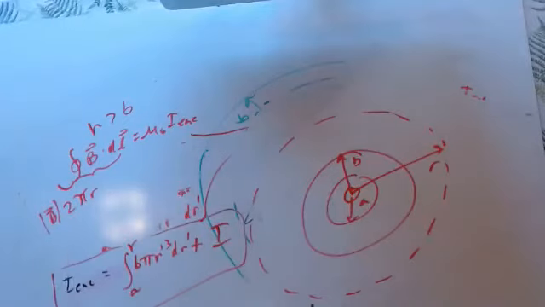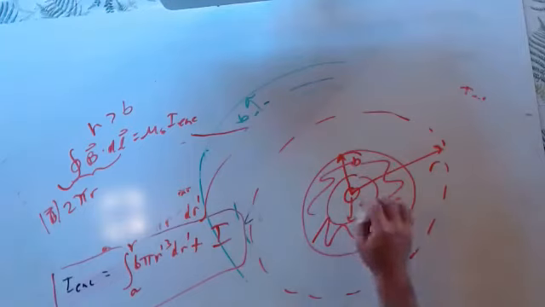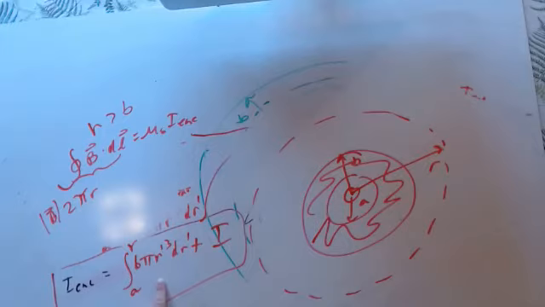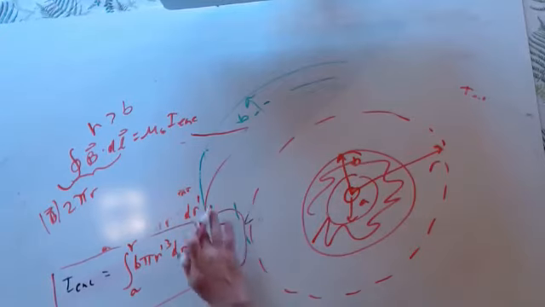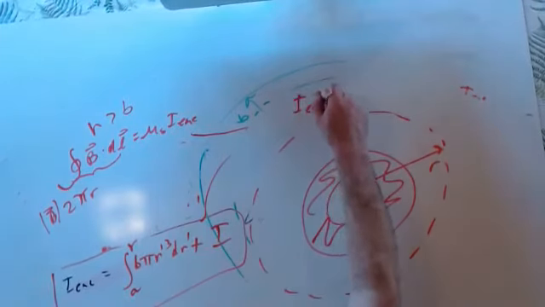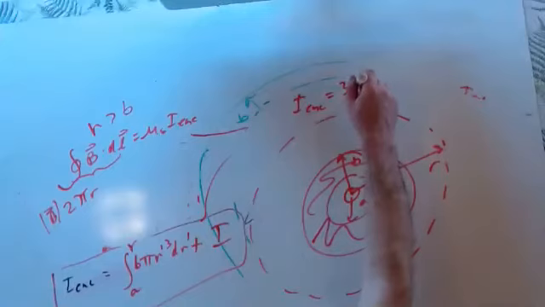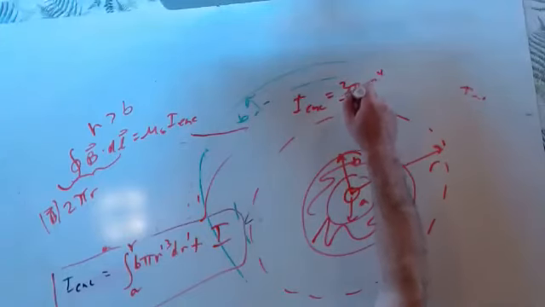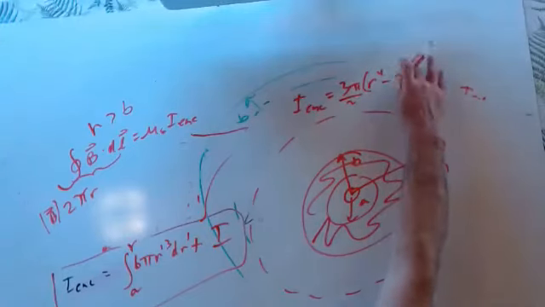Now I need the total current contained within this Amperian loop, and so that's going to be this current here, plus that current here. That means I have to come back to this I enclosed expression. And I have the exact same thing, but I have to change the limit on this radius here, instead of being little r here, to being b. And if you do that, then you end up with the same thing we had before. And I erased it because I didn't have it with me. So before we had this I enclosed was this 3 pi r to the 4th over 2 minus a to the 4th